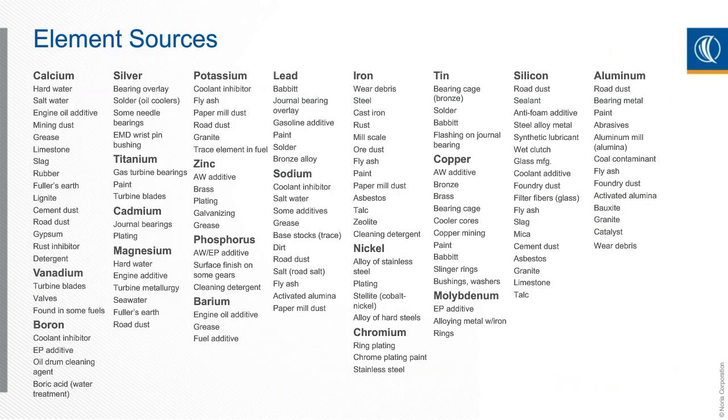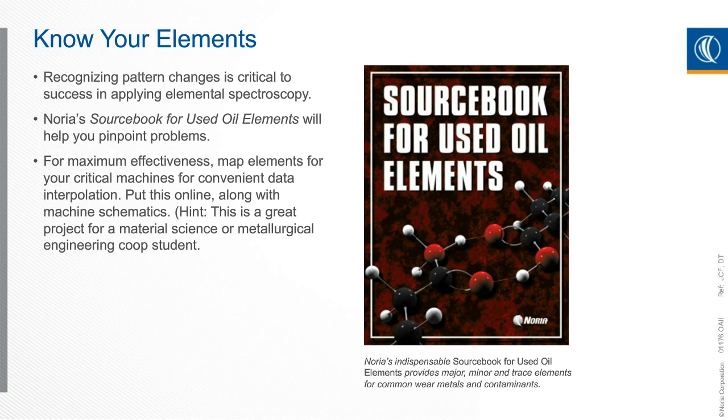So as you can see here, of all the different elements, there are many sources these elements could come from. They could be built-in wear, they could be generated from within during in-service use, or they could be contaminants from the environment or the product, all kinds of sources. Whatever it may be, you need to better understand your environment, your machines, operating conditions, and what the potential sources could be, and use lists like this, use different source books. As you can see here, the source sample is a resource you could have to know your elements. It's important when you're doing wear debris analysis.